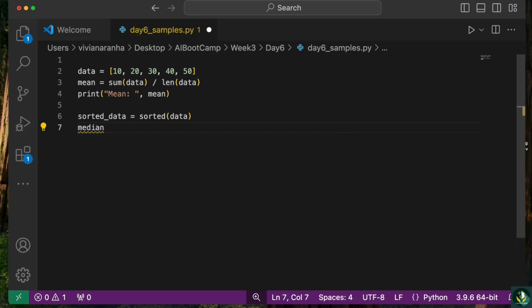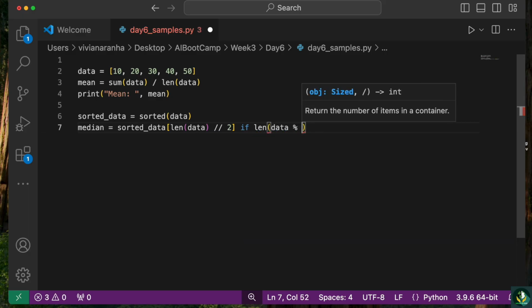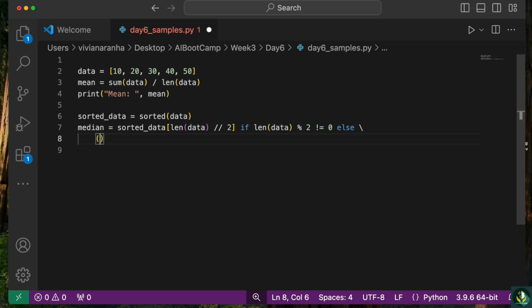Next, to calculate median, I'm going to say median equal to sorted underscore data, and in here, length of data // 2 if length of data mod 2 is not equal to 0, else next line, sorted underscore data, length of data // 2 minus 1